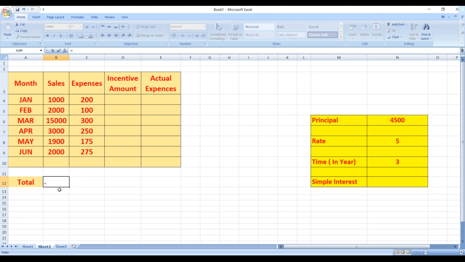We are going to start with our equal to sign, and after the equal to sign we are going to mention this, plus, then the second, plus, third, plus, fourth, plus, fifth, plus, and this. As I have completed till B8, I'll press enter.